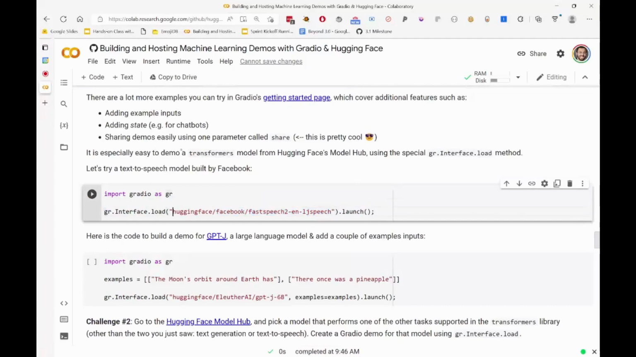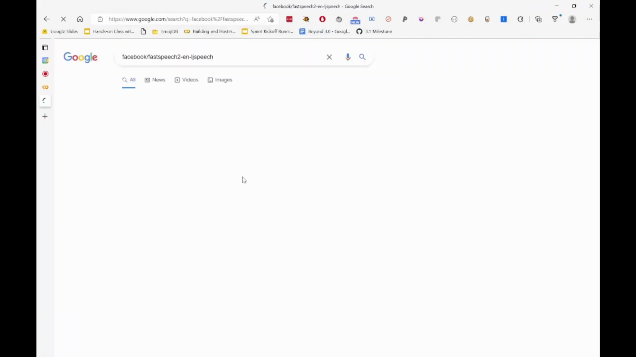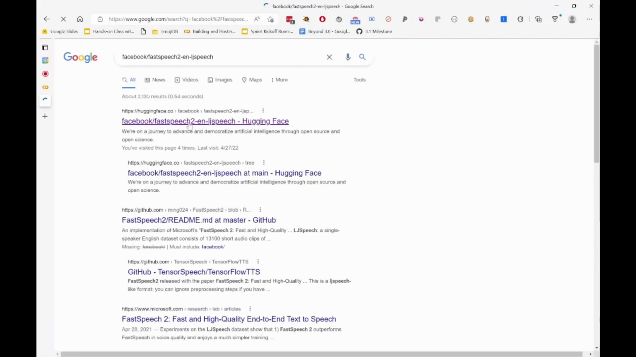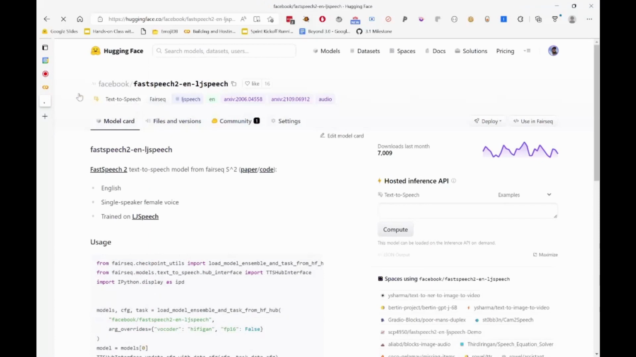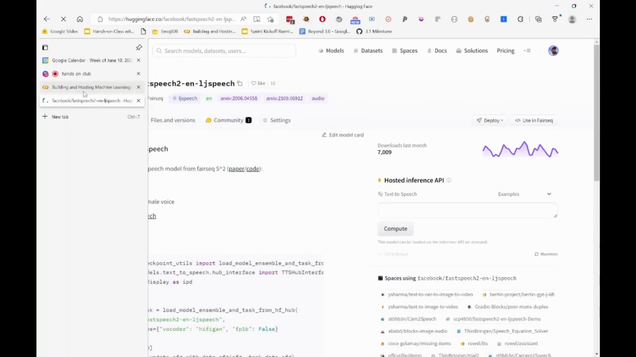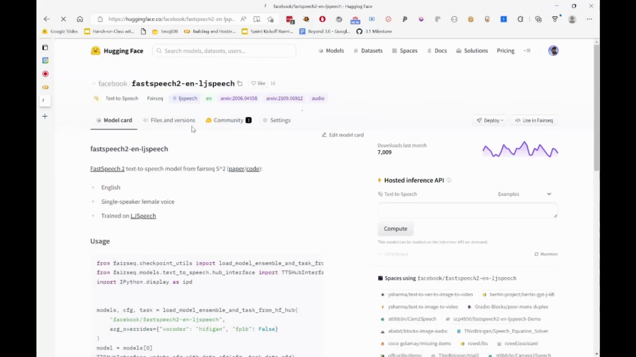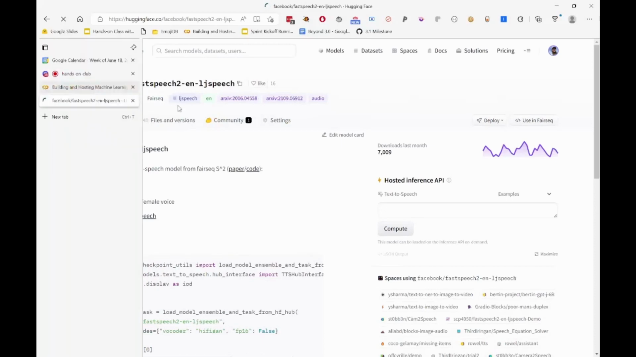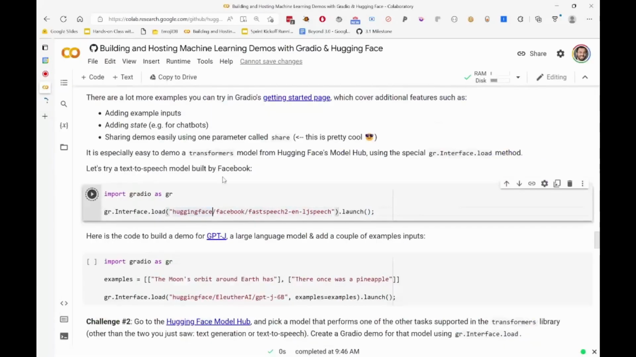So for example, let's take a look at this one here. This is a model up on the hub. Let me just go to it. Anyways, it's a text-to-speech model. It's been used 7,000 times. It's one that was released by Facebook. And let's say I want to build a demo around that. So what I can do is